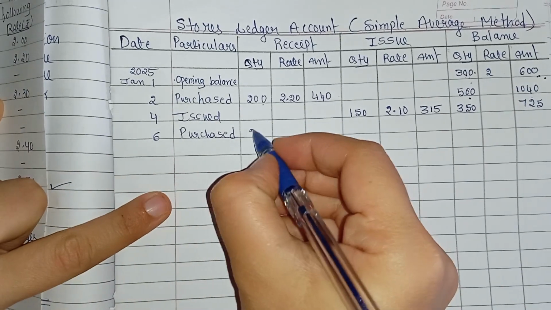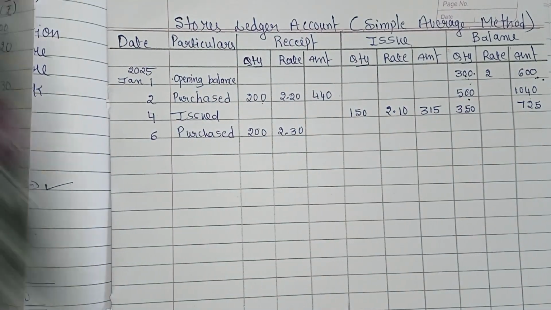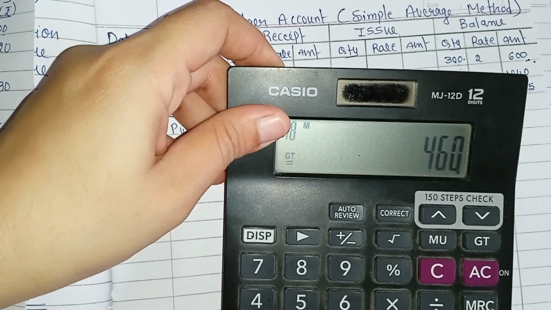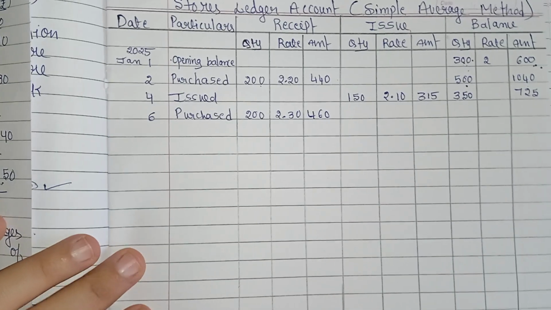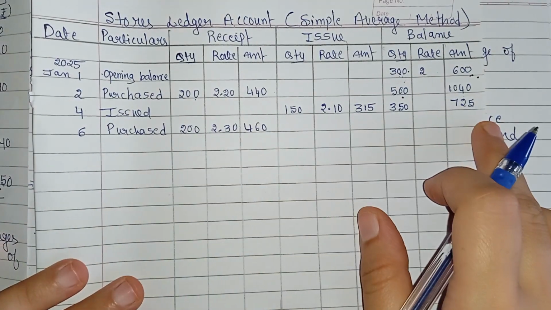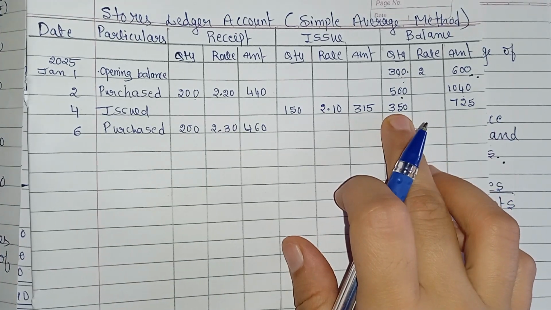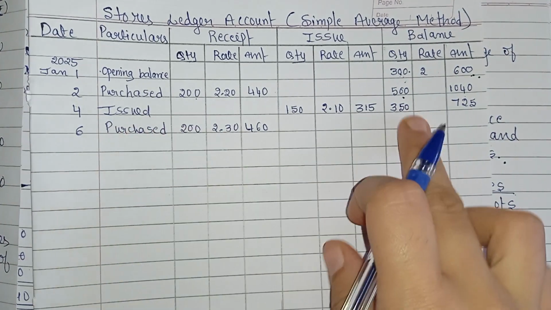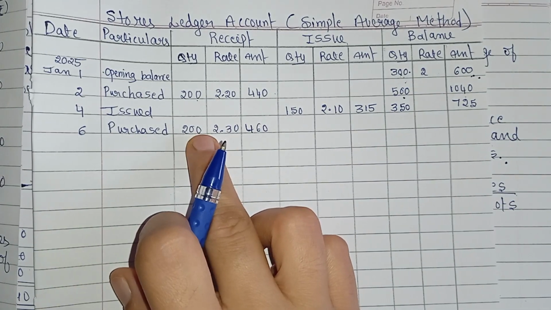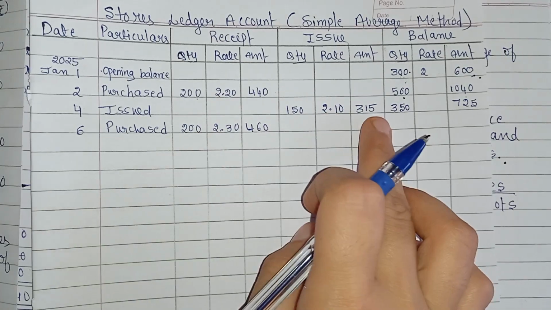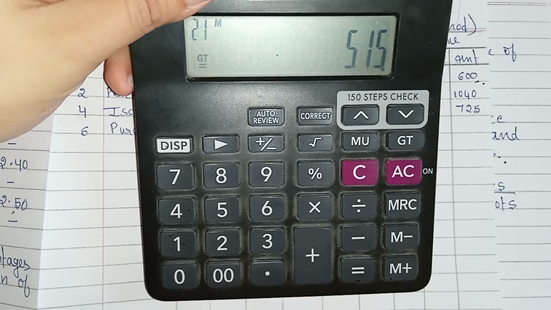So 200 units at the rate of 2.30 means 200 into 2.30, 460. Clear? Now go to the balance column and write down the total quantity available with us, that is 350, and on Jan 4th we have 350. On Jan 6th we again purchased 200 units, right? Means together it's 315 plus 200. How much? 500 and,